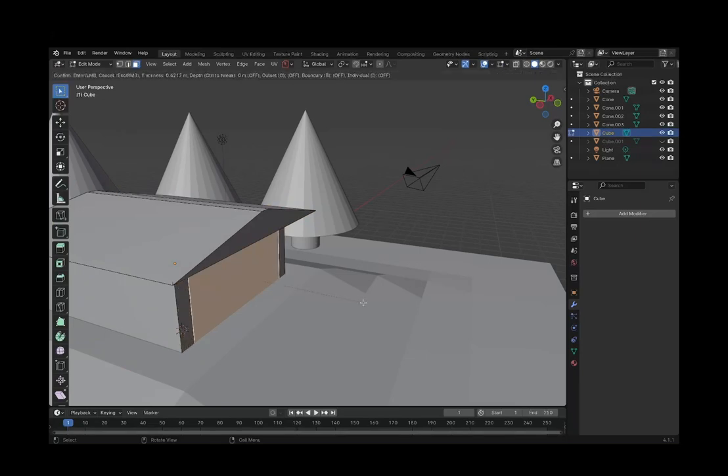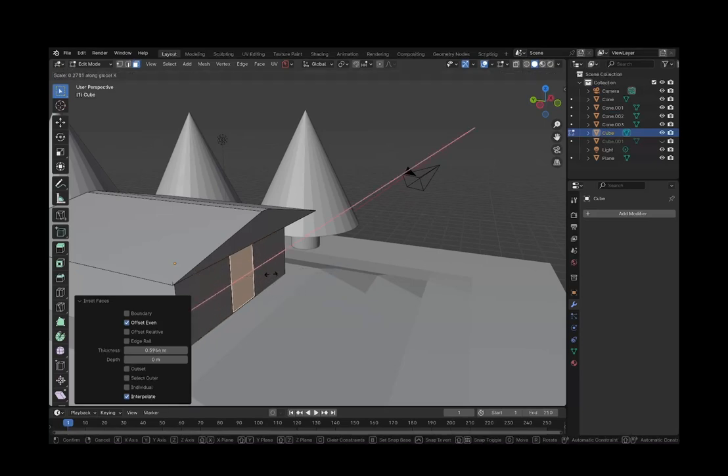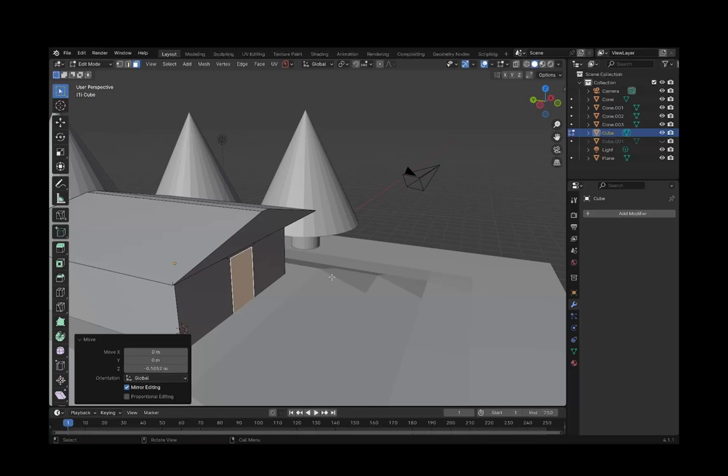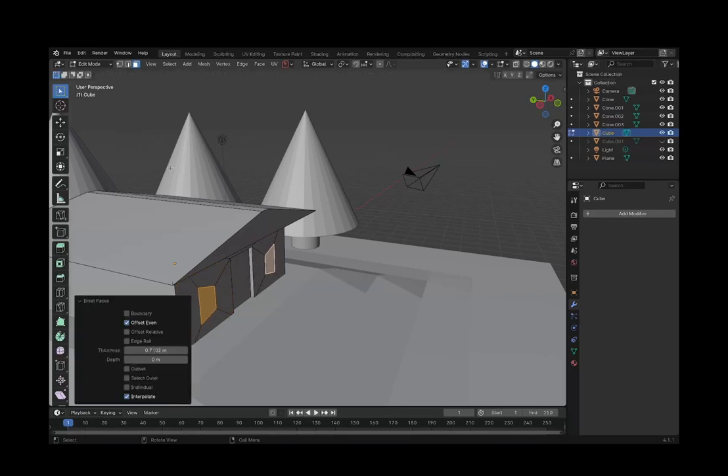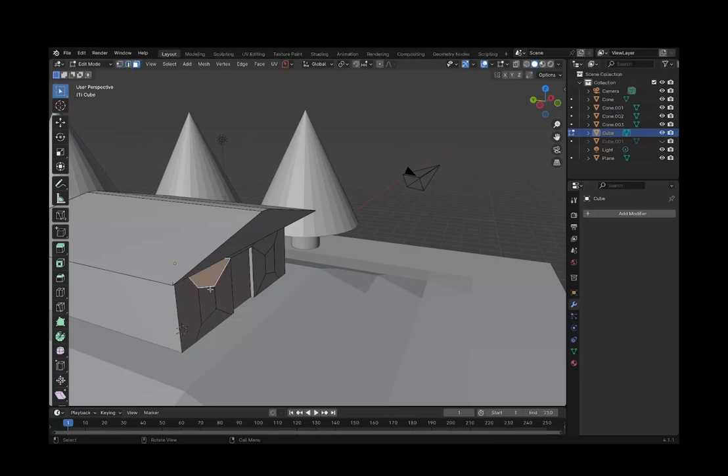We'll just inset this house and scale down the inset. You can also do that and extrude it back, and this looks kind of like a door. Now if we inset these two faces, they look, yeah, if you ever want to flatten anything, you can select it and do S Z 0. Now that's flattened the edges of the windows.